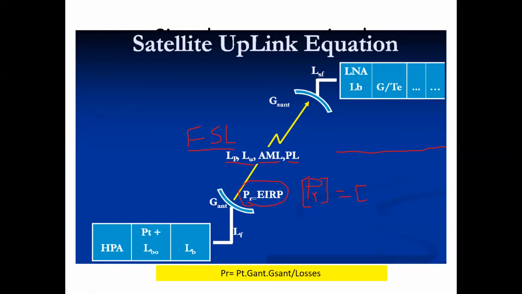When both the antennas, the transmitting and the receiving antenna, are not pointing towards each other, we come across antenna misalignment losses. Then there could be depolarization losses, which could be because of the ionosphere or because of the rain. The ionosphere has charges and electron clouds, and whenever the signal passes through it, there are chances of the signal getting depolarized.